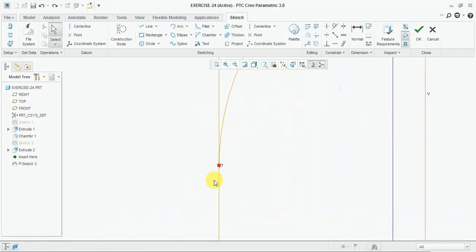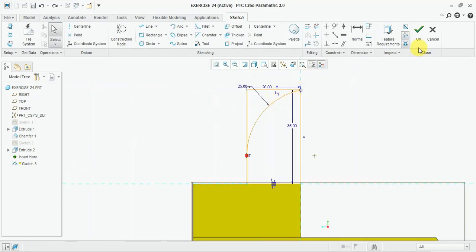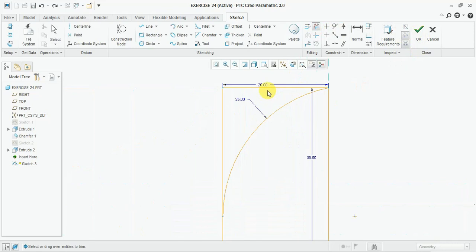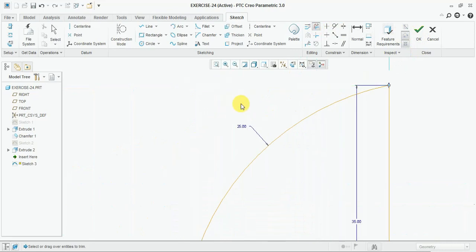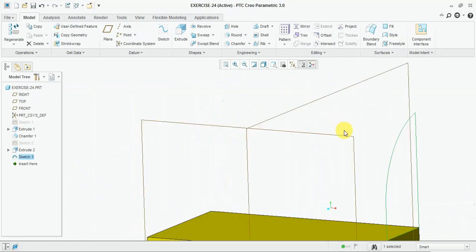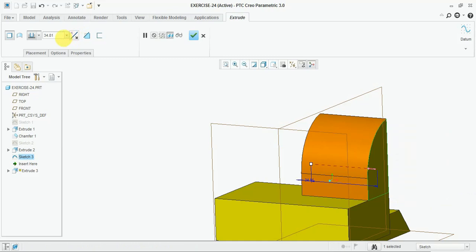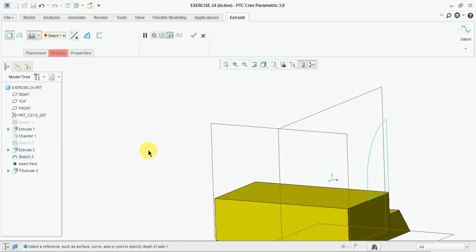So here the tangent, also this one is a tangent. Select the trim, cut the remaining. Okay, now extrude this one, opposite direction and up to selected.